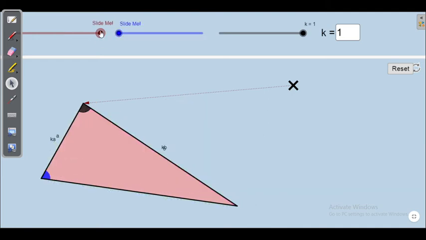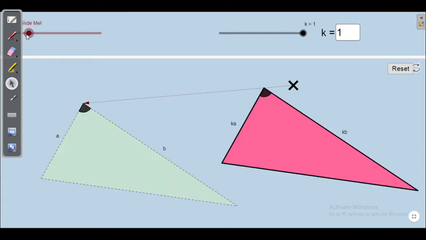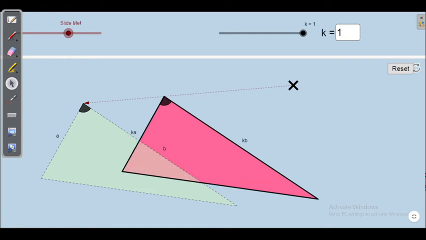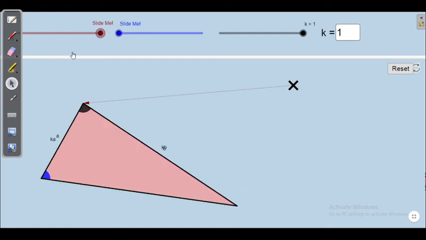Now, are they congruent? Are they congruent, children? Yes, ma'am, they are congruent. Why do you think they are congruent now? Because there is an included angle, ma'am, and two sides. So here the triangle is fitting. The two other sides were not equal, ma'am. Now they are equal. Yes, all your answers are correct.